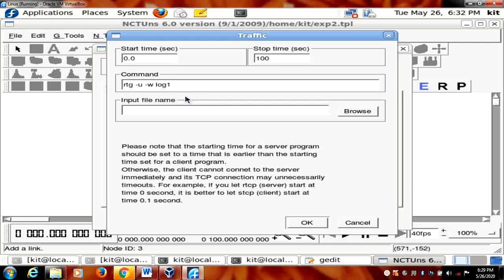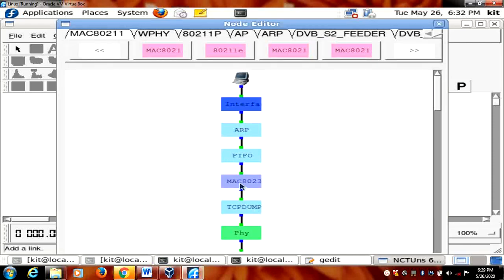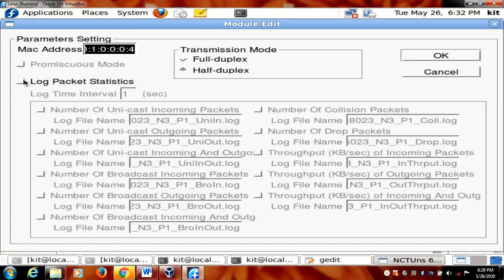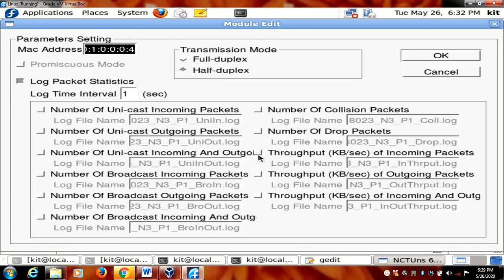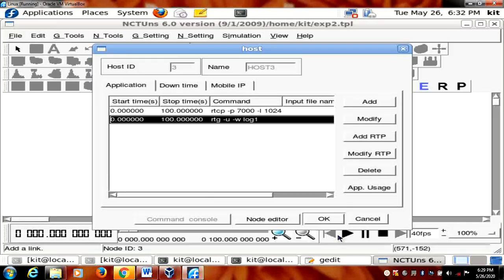This command should be familiar. Have to practice this one. Okay, go for node editor, MAC 8023, log packet statistics, incoming, okay, and okay, okay, you are also okay.